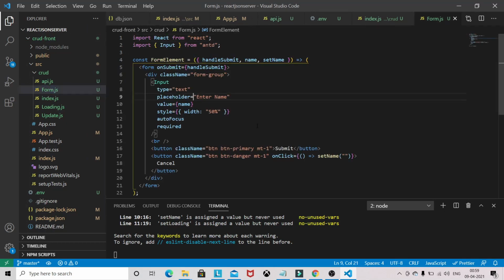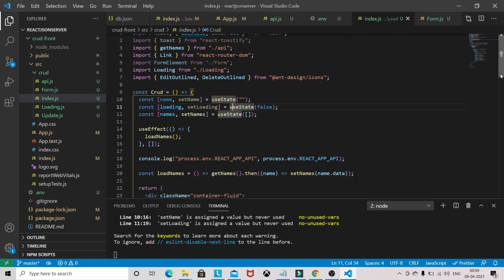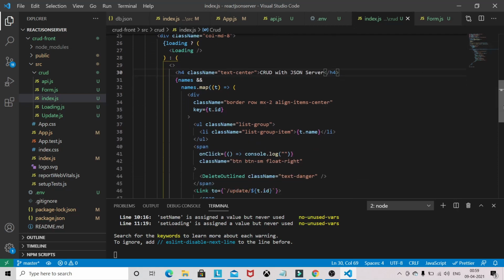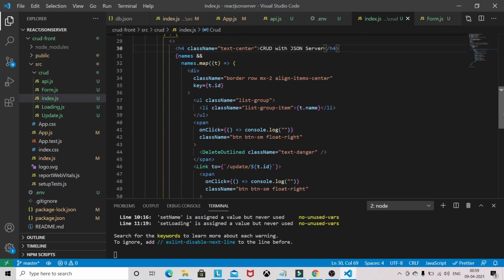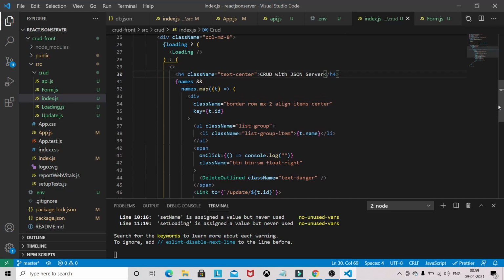Now the second part. First we have to place all the input components. So we need a form somewhere down here. Now we will create names. We will create the data and push it into the db.json file.